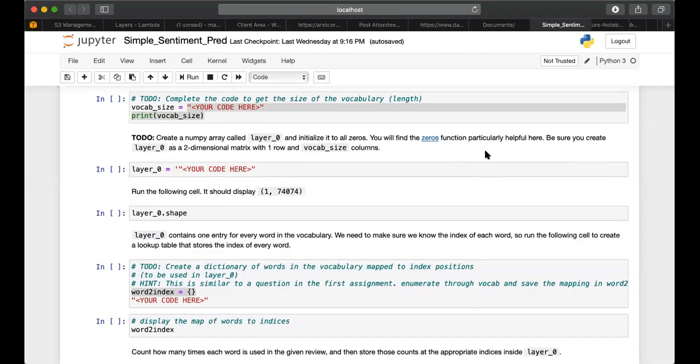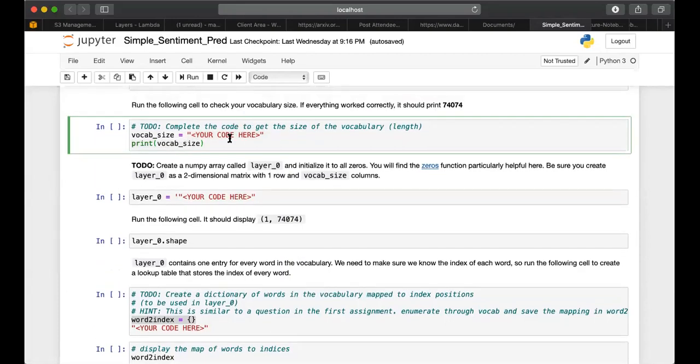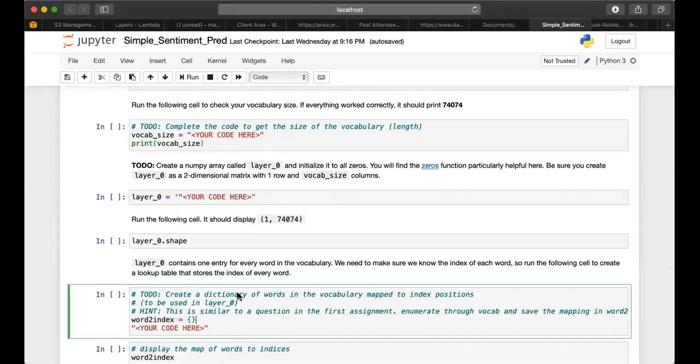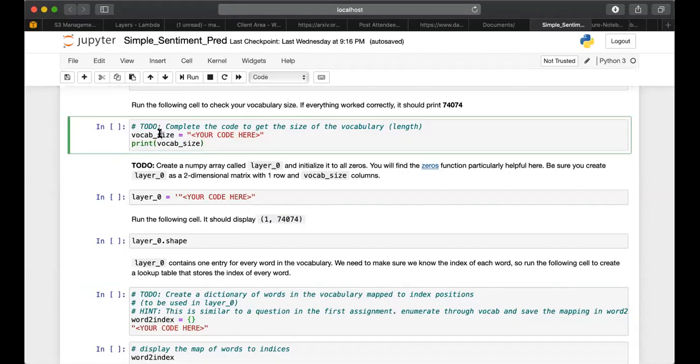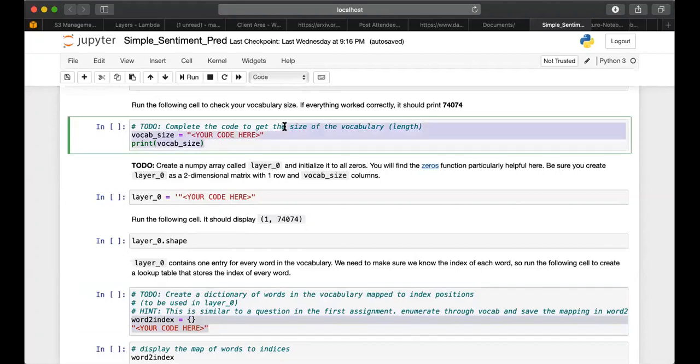Okay, so I'll try to. If I get it clearly, you're asking whether we should write code to assign unique indexes to your vocab, right? Because you've probably noticed that each time you run this code, the index you get for each of the words changes. But what I can say is that you don't actually need to write any special code to generate indexes, if that is what you're trying to say.